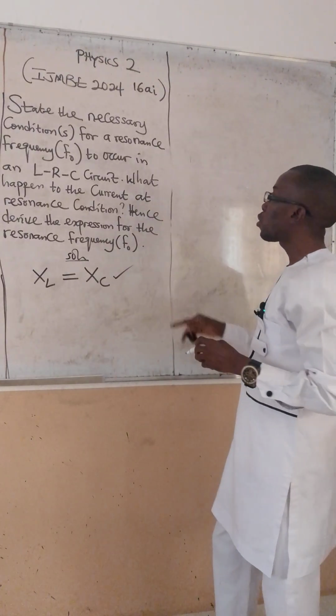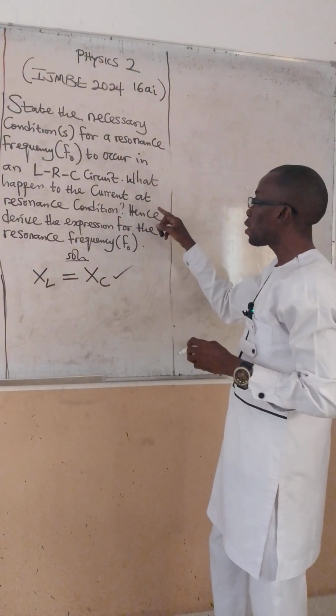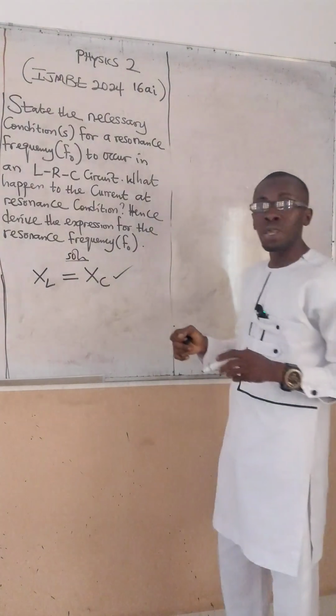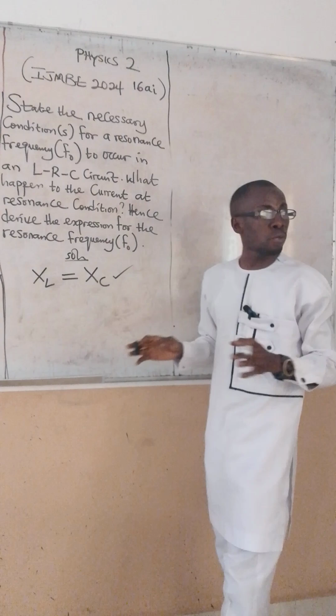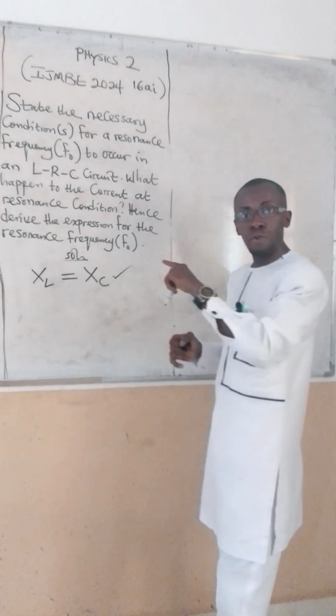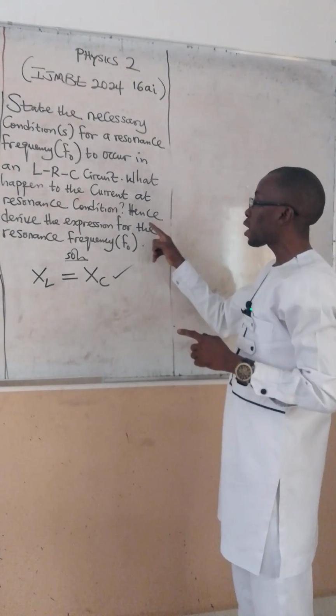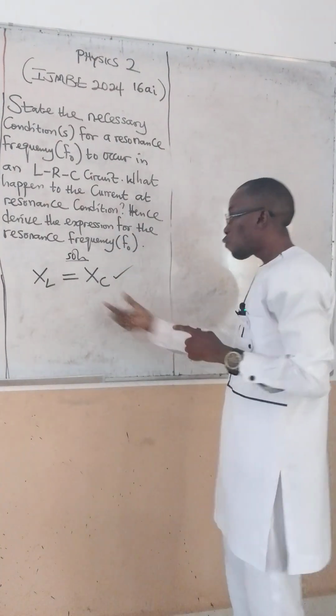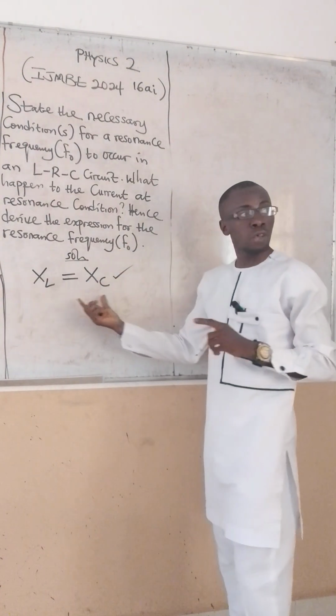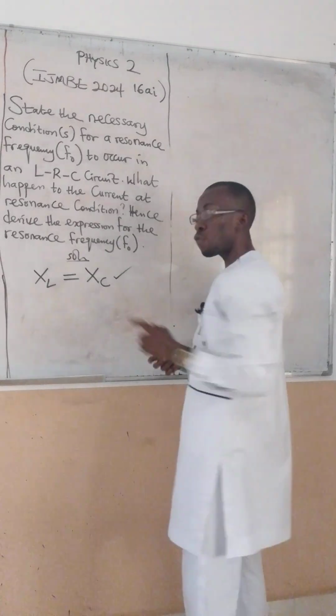Then the next part is what happens to the current at resonance condition. At resonance condition, current is maximum, nothing more. That is the conclusion of that. Then the last part, hence, derive an expression for resonance frequency. From what we have here, which is the condition for resonance to occur, we can derive an expression for resonance